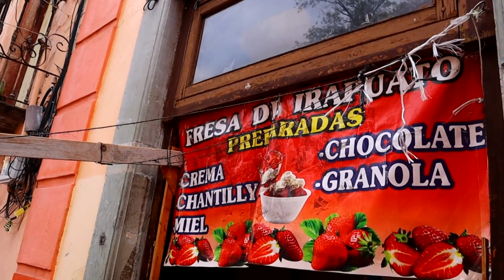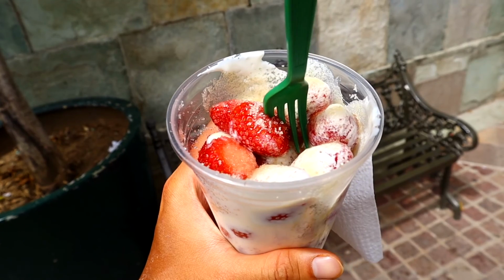Next stop we've come to a place known as Fresa de Irapuato, and it's sort of takeaway. There's no place to actually sit there, so we've come to a little park, and what they sell are fresas, which are strawberries. But what they do a little bit unique is that they not only have strawberries, but they put it with some things. So you can do it with honey, you can do it with chantilly cream. I asked him what the most popular was, and he told me that the most popular was cream with sugar,